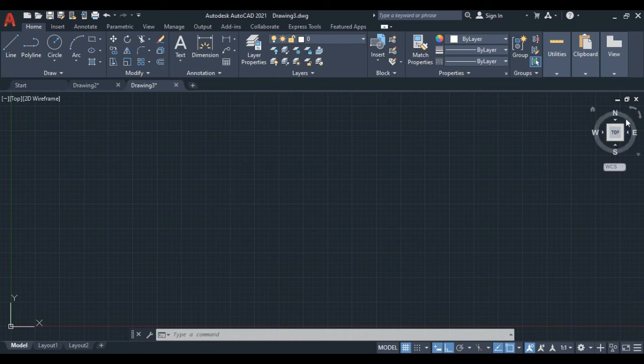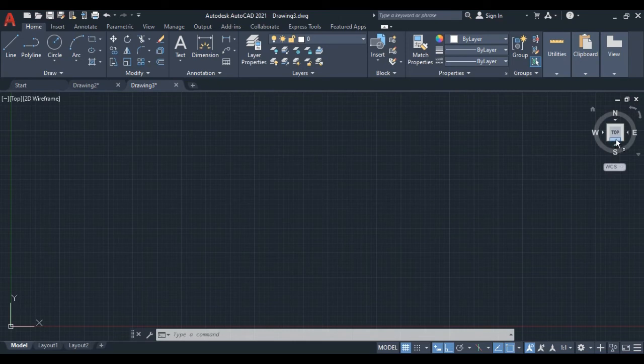So here you can see this is called the view cube, which is nothing in 2D drawing. It is very much applicable and very useful for 3D drawings. So there is nothing more to learn here, but you can see the views: top view, and also top, front, back.